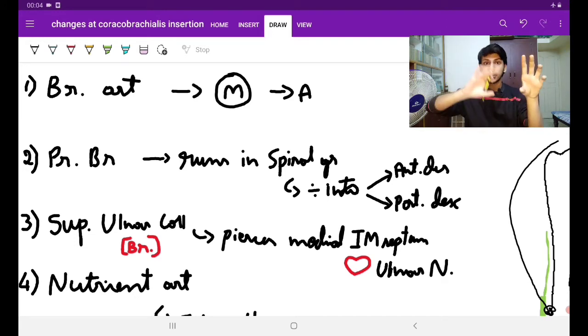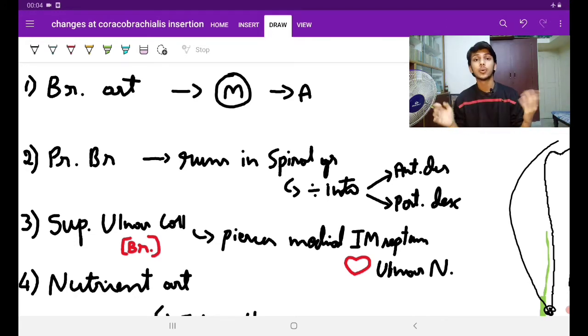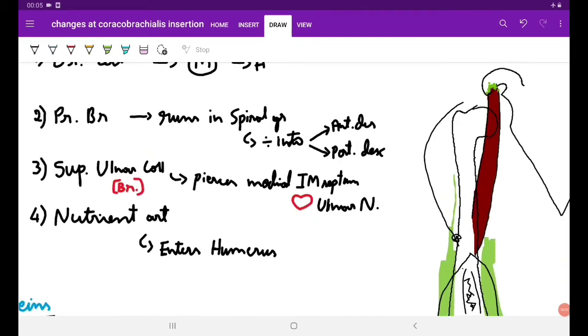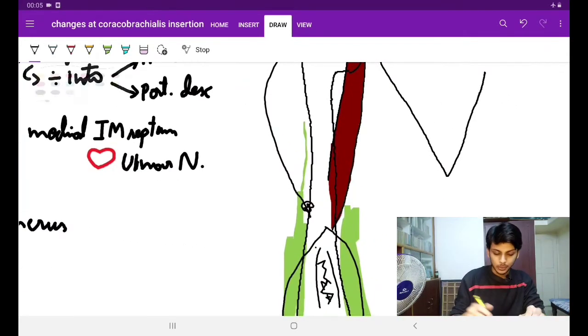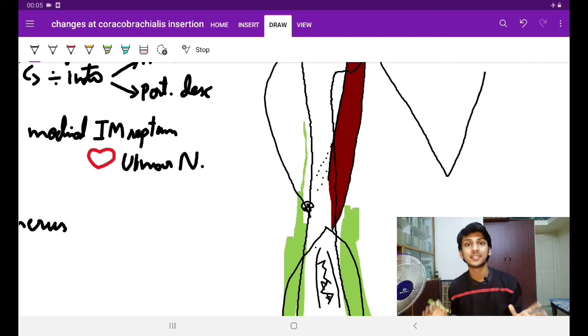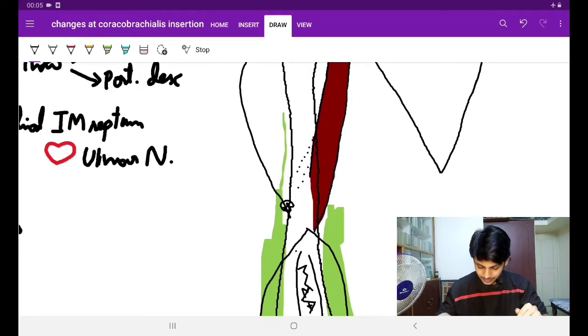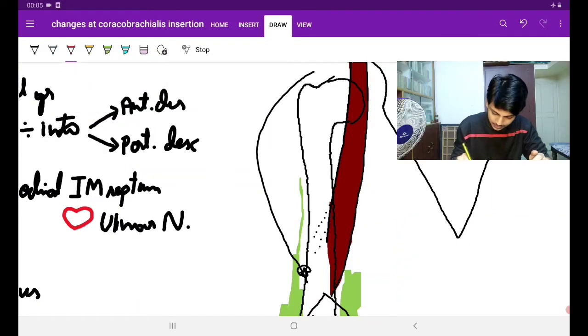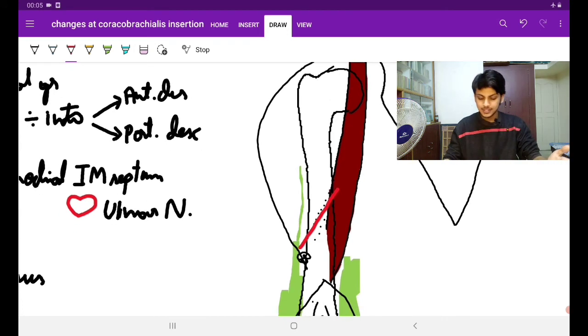So radial nerve and profunda brachii artery form the contents of the lower triangular intermuscular space, isn't it? So that is running in the spiral groove too. Yes, this is the spiral groove, isn't it? See, the spiral groove is like this, on the posterior aspect of the shaft of the middle of the humerus. Now see here, guys, profunda brachii artery is coming like this, and it is giving branches.